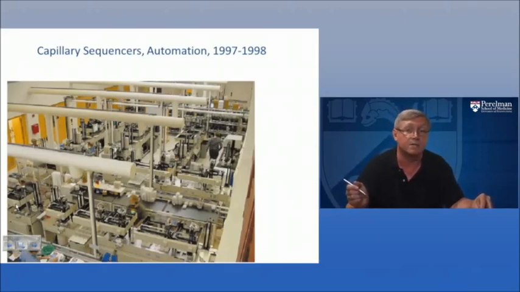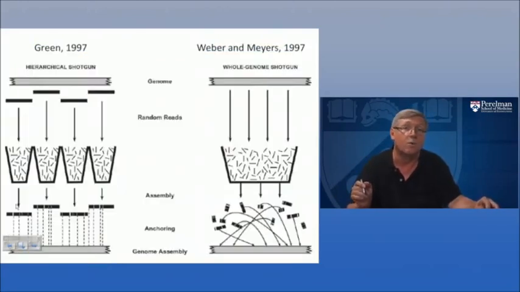And this automation really propelled the sequencing projects forward, and made the key transition from mapping to large-scale sequencing possible in the late 1990s. An additional important factor was the